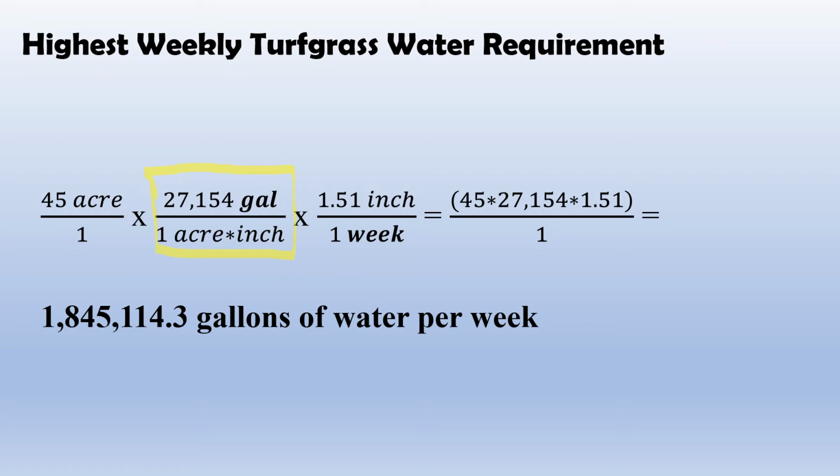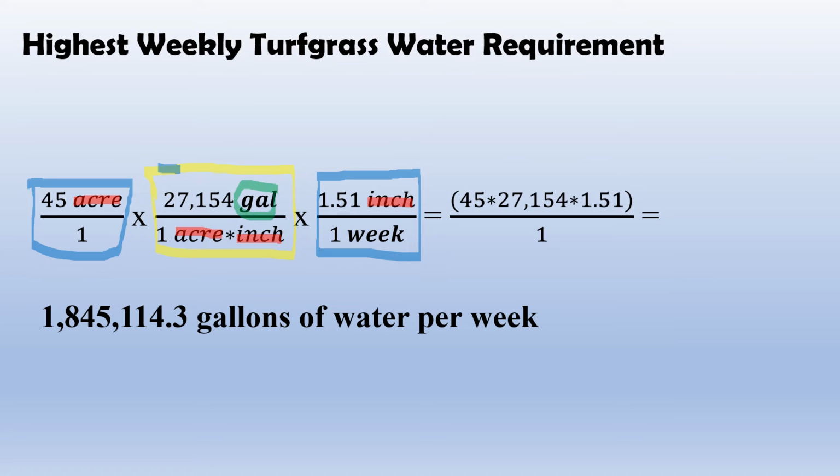So, useful factor here. What we'll do is start, from the example, with our 45 acres of irrigated turf. Now we're going to use our conversion factor here, and here's our GIR. We line it up so that the units cancel. We find our acre, and there's an acre down here, so these two cancel out. Inches, we have an inch in the denominator and an inch in the numerator, so those cancel,